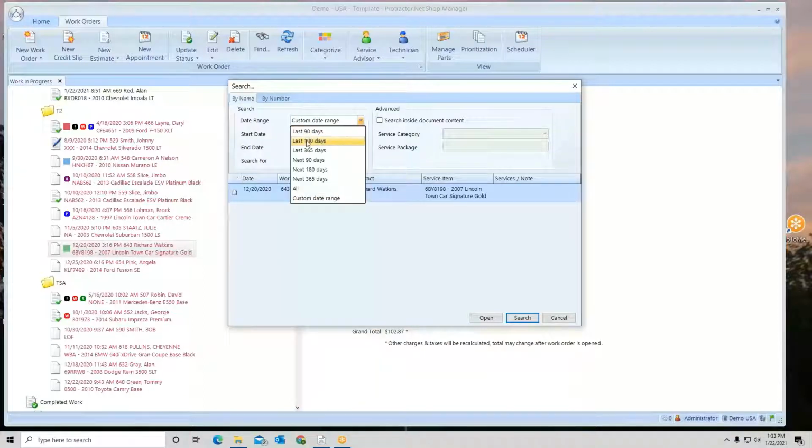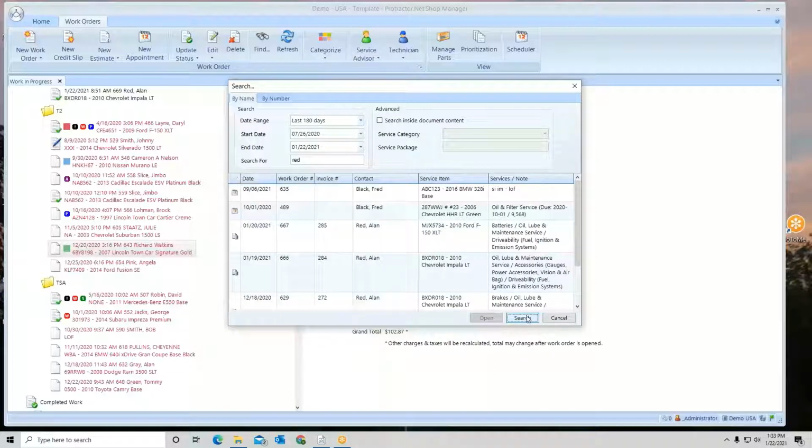So if I were to go in here and say, well, I want to look in the last 180 days for Mr. Red here, type in the name, hit search. It looks for anything in here under the contact, service item, or PO with RED in it. Now you'll notice on this left column here, it even tells you what it is. See, these are appointments, invoices,